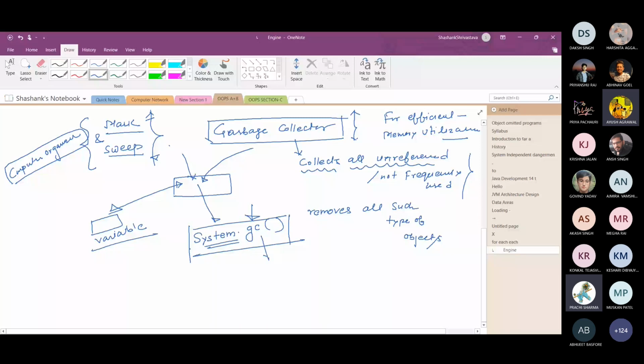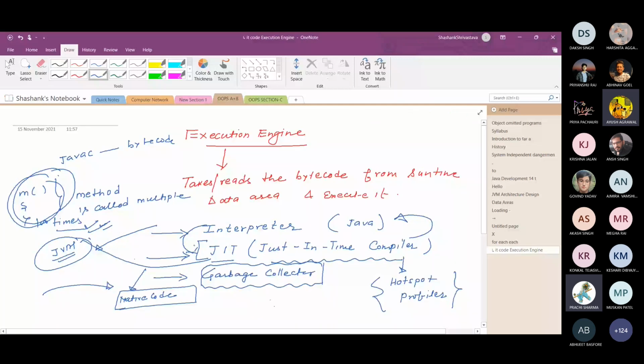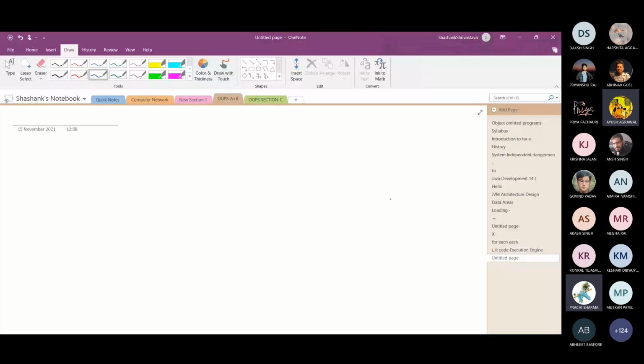Now I think you will be able to understand the basic idea behind the Java virtual machine. Now we will start the first chapter, that is class and object, the first feature of object oriented programming language. So this is all about the introduction of the Java programming language and Java virtual machine. Now we will discuss, one by one, the features of object oriented programming language.